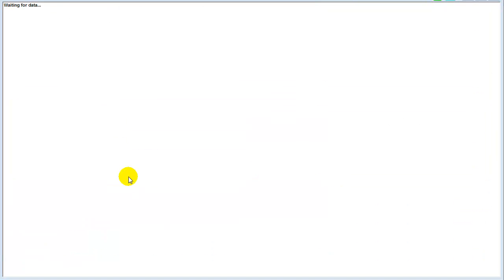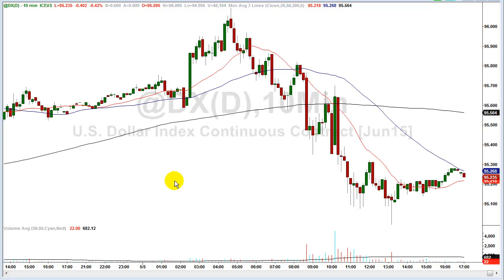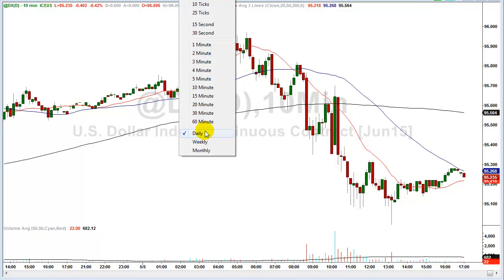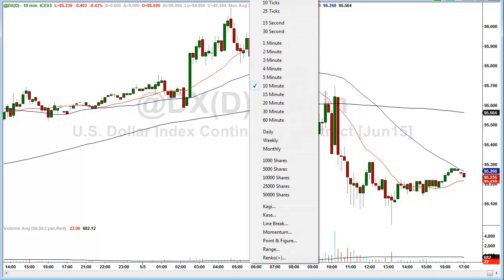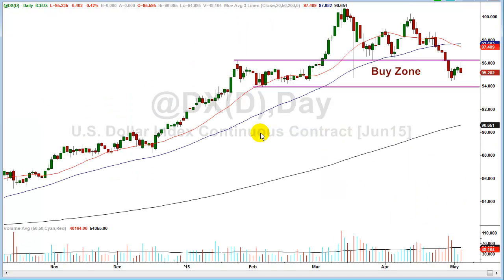Let's go over to the dollar. Again, it looks like it wants to make a low here, although I would have expected a better rally today. We didn't see it. I was expecting a third up day off of this, and we saw it early on. We tried to make a run for the top end of the trend line, the top end of the channel, but the market got repelled.